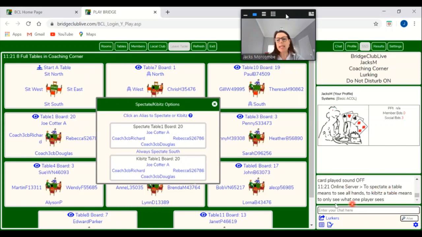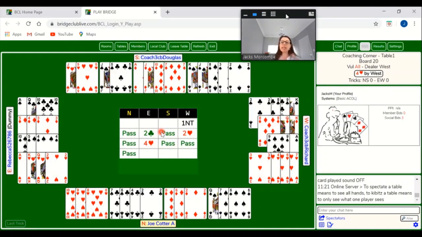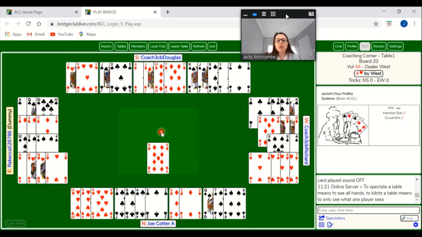To spectate a table means to see all hands. To kibitz a table means to only see what one player sees. And when you heard that sound, if you want to disable it, you go into your settings and turn it off, because it can be quite loud. I want to spectate because as a teacher, I want to be able to see all of the cards at the table. So I just click on spectate table 1 and a person to spectate, and I'm taken into a table. These are my students in there,